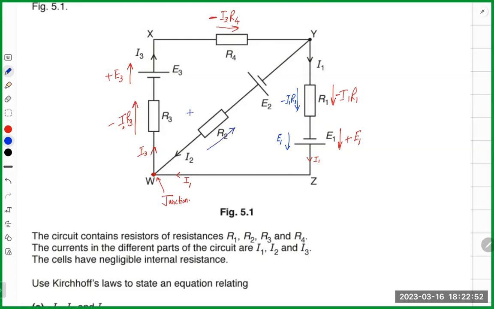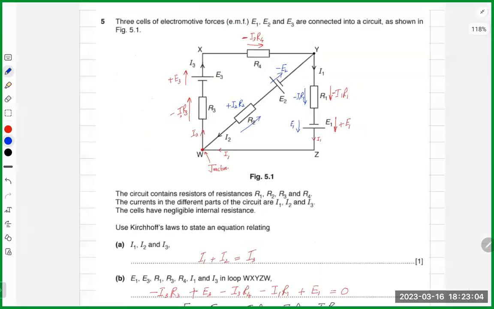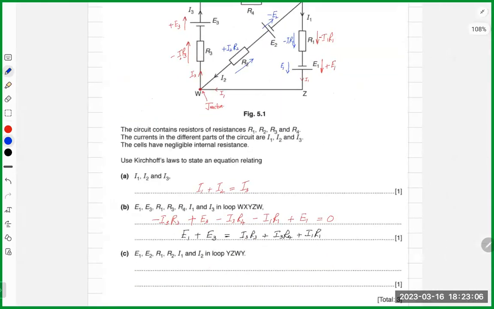So it will be plus I2R2. And when we go like this, it will be minus E2 and we reach Y. So total EMF in this case will be E1 minus E2 equals to,